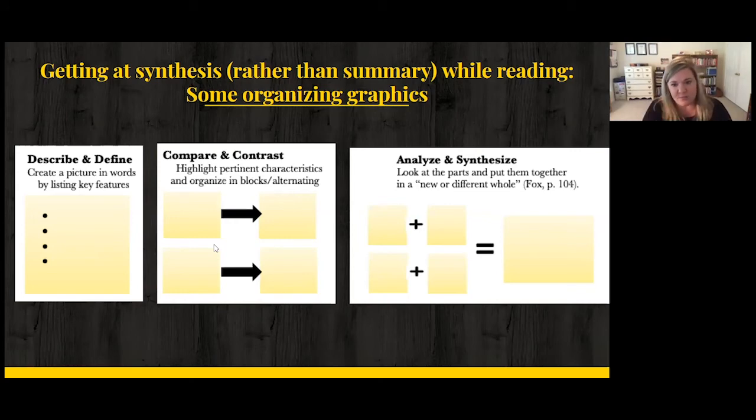But that last block, analyze and synthesize, is most often what we're looking for in undergraduate and graduate research programs, wherein I can take all these small papers on a similar topic, I can pull out the important parts through analysis, and then I can put all that together and make a synthesizing statement. So here is one statement about one element of my topic. That's sort of what we're trying to get to as we do our literature reviews in classes or for our dissertation.